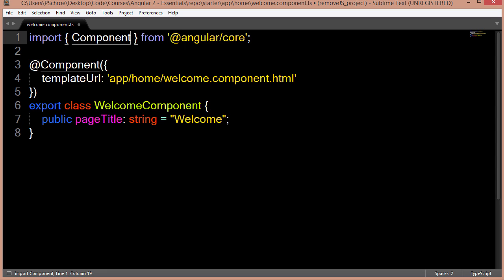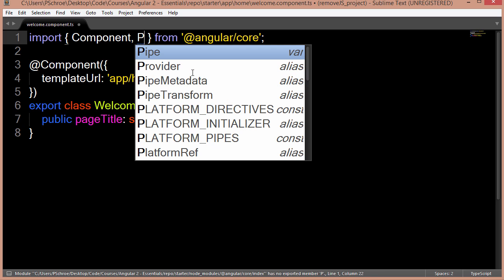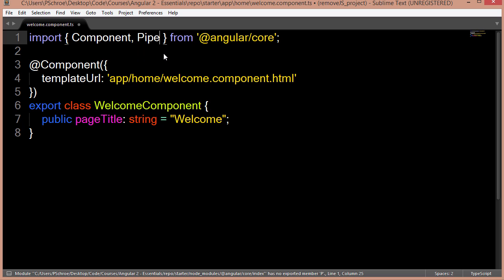And another cool thing is auto completion and recommendations. So within this Angular core, there's 4 methods that are defined in this file. You have components, directives, pipes, and injectables. So I'm able to add in these other methods by saying comma and then, for example, pipe. Then as soon as I type the P, boom, I get the suggestion of pipe. So if I enter that in, I'm able to add it and no squiggly line appears. But if I try to add anything else that isn't within this file, say interface for example, then I'll get